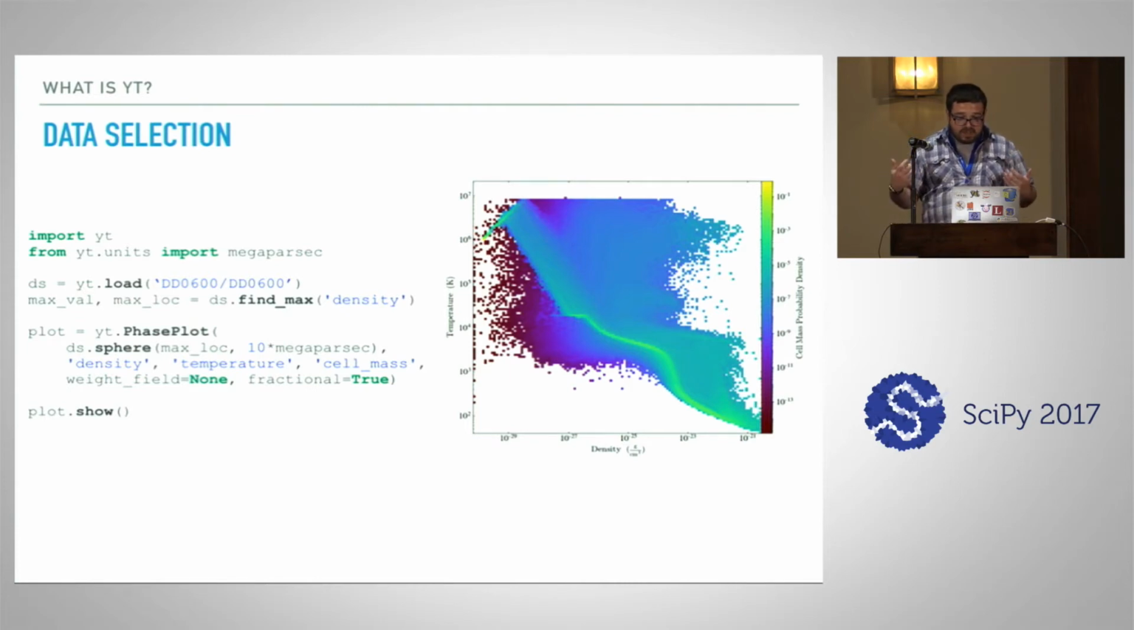And we create a density temperature phase plot. So this is in density temperature space, how much mass is in any given region in that space. So that's sort of what YT is. Next, Megan is going to talk to you about the main thrust of this talk, our new support for particle